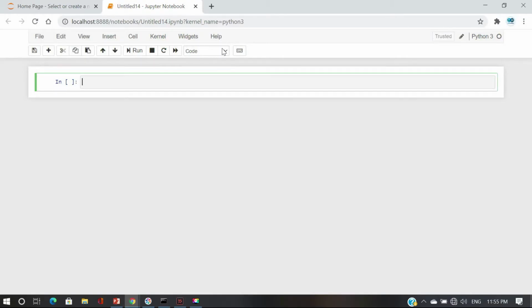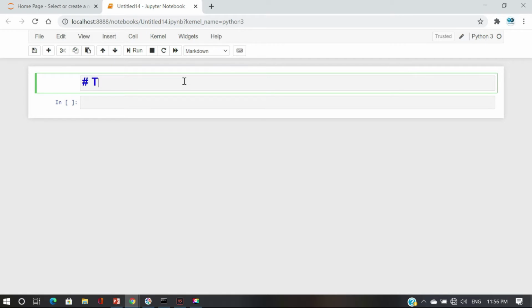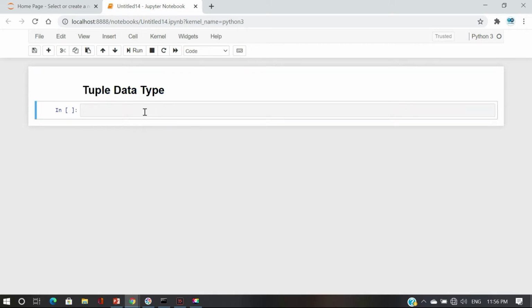Just give some heading: Tuple data type. Just give some tuple data.